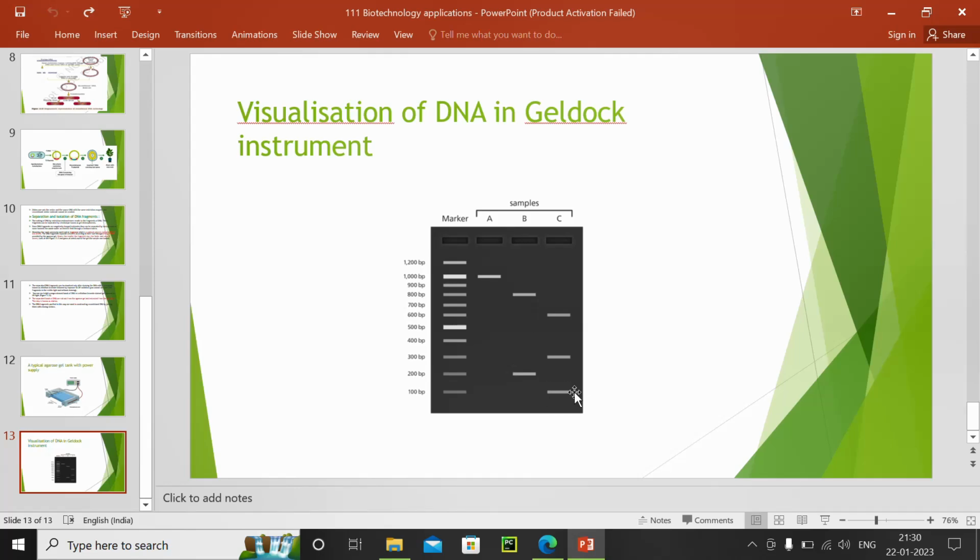Here we cut the DNA band from the gel, purify it and elute the DNA molecule, therefore it is called elution. Again, these DNA molecules get joined to its